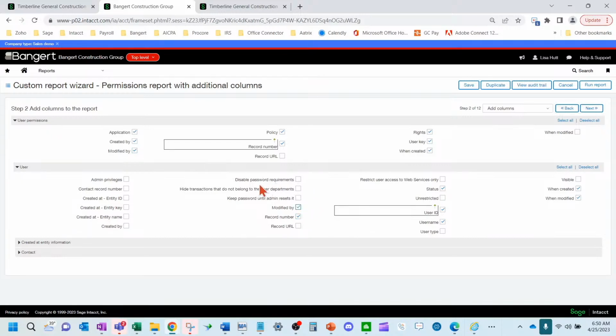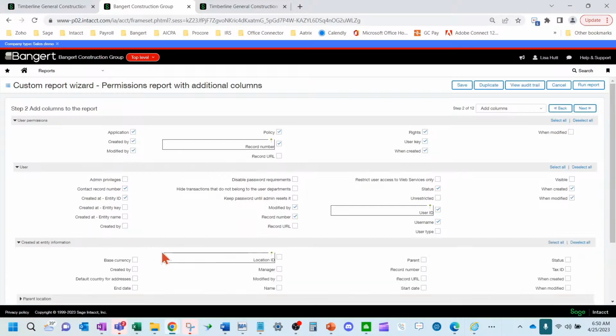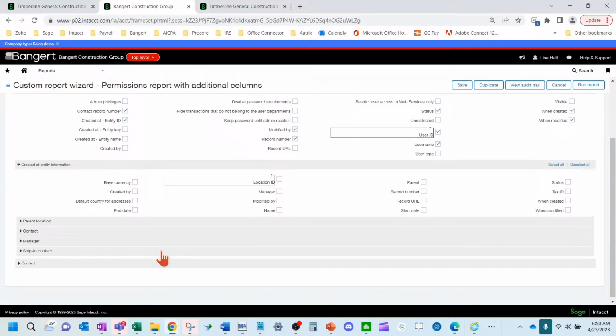Just turn a few more on here. We want to see what entity it was created in, since we have multiple entities up here. And let's just see what that looks like now.